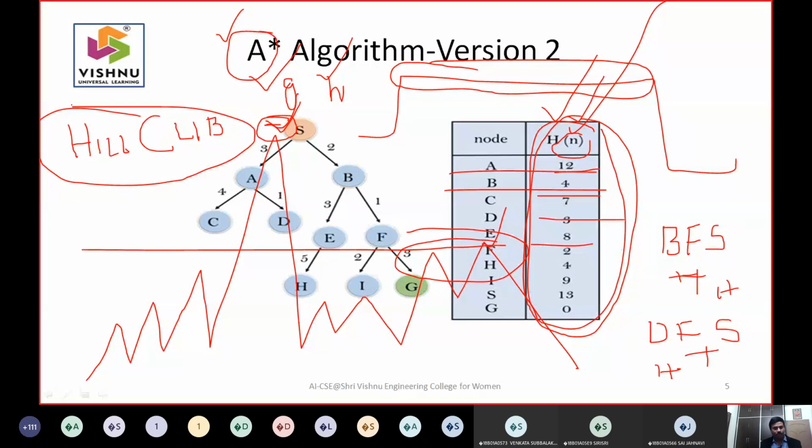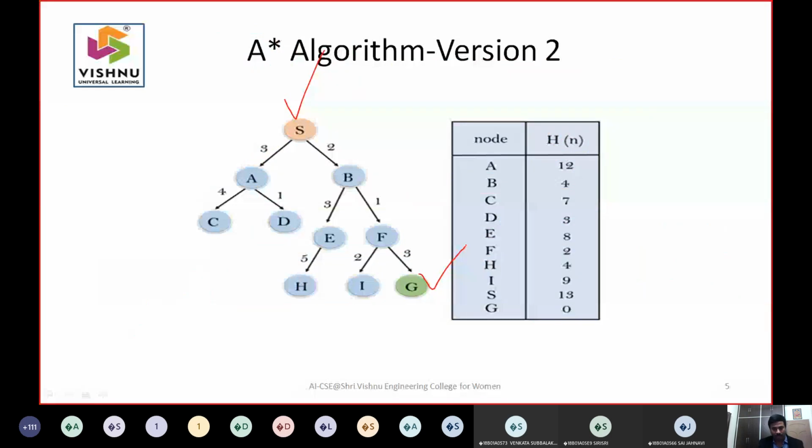But you need to understand here, whenever we talk about the minimum cost, every time you start from your starting state and reach the goal state, if you print open and close, that is fine, but you need to print the path from your starting state to the goal state.